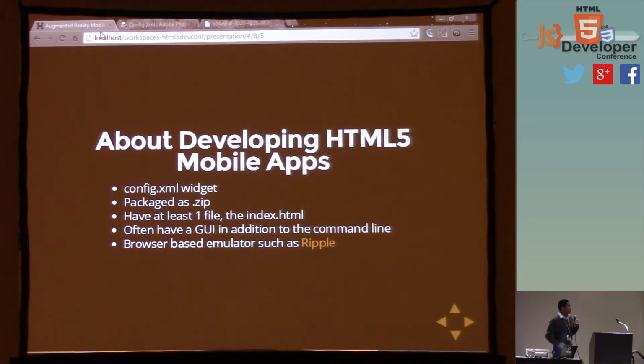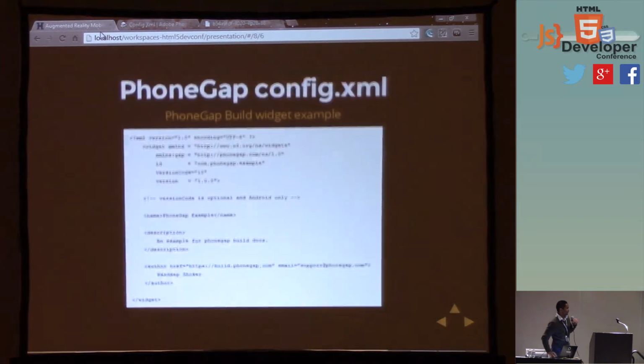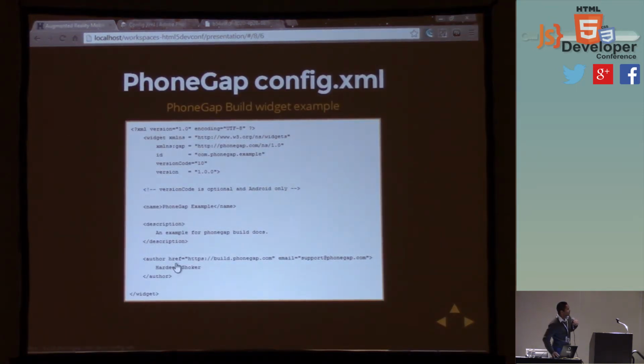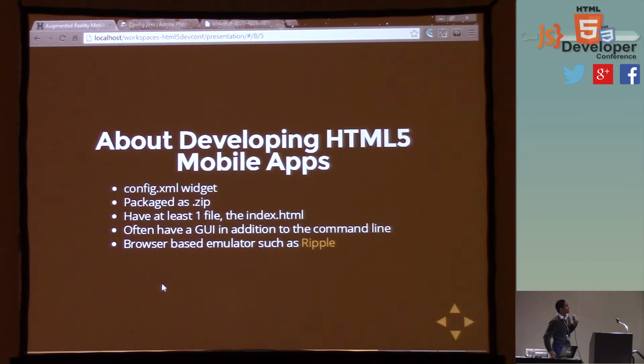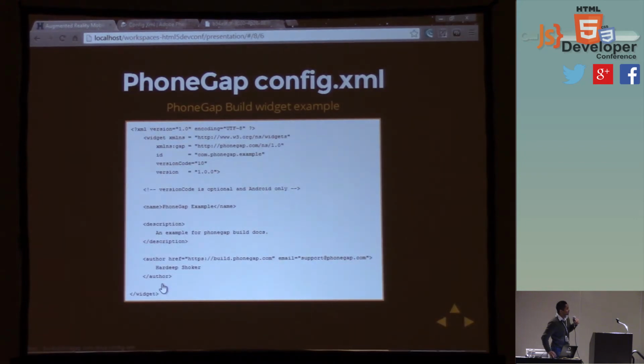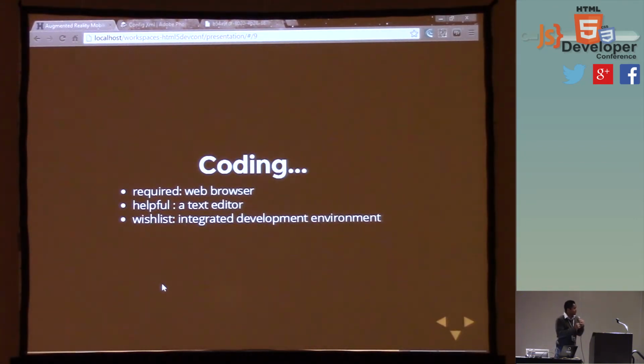Okay, so in order to make an application with PhoneGap, you should have at least one file, the index.html file. I mean, you can have it something else, but you just need to configure it. If we go back here, there's another option where you can tell it that, oh, I'm going to use a start.html instead of index.html. So after you've created your application, you can create a zip file out of it, and then you can convert it. So this is where I'm going to start doing the coding.